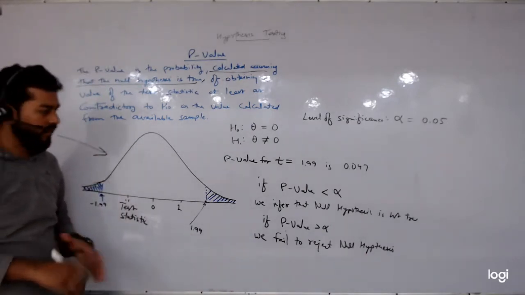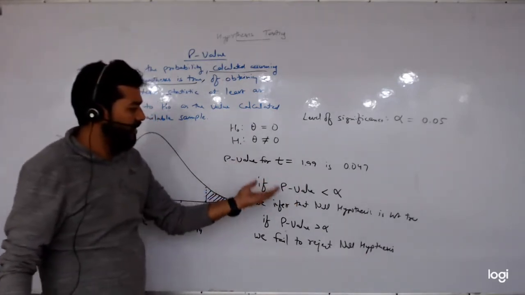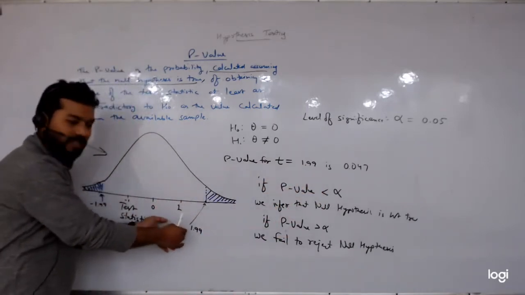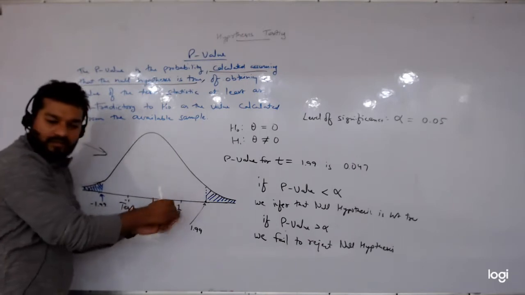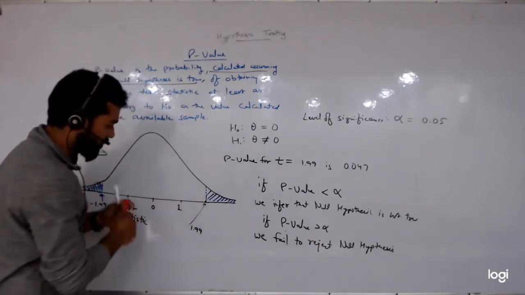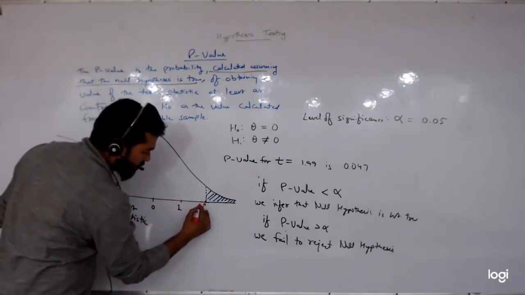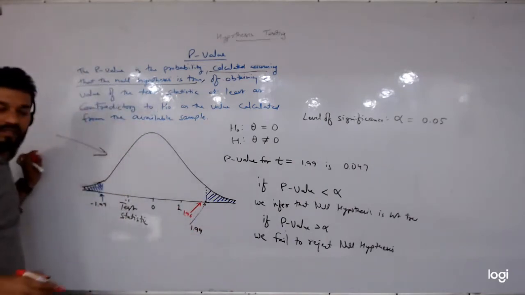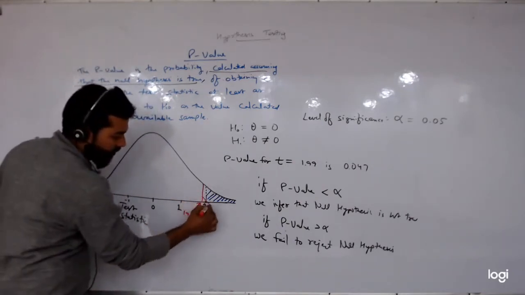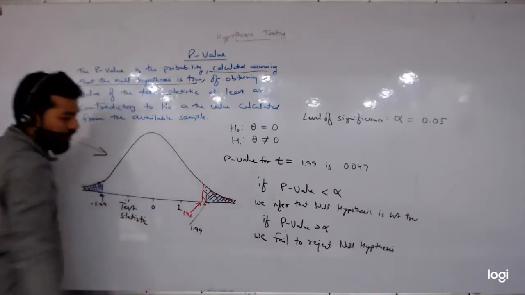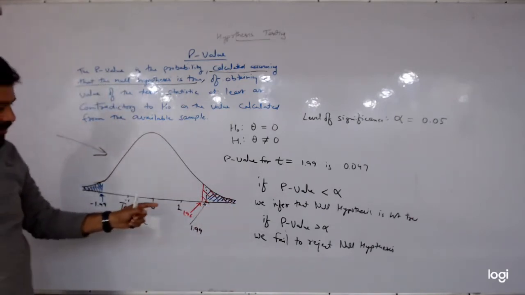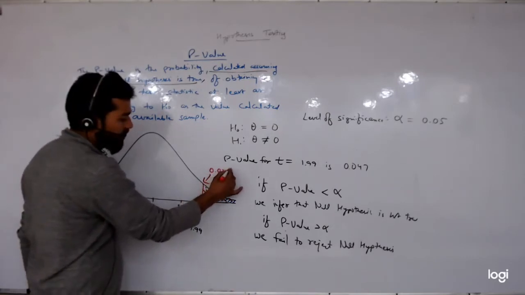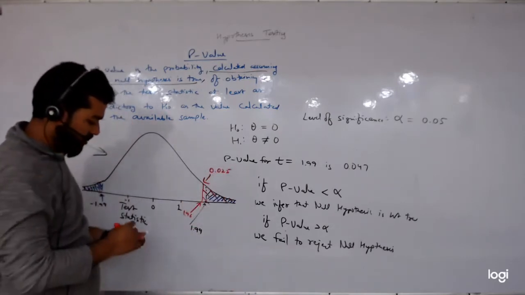Okay, now if p-value is less than alpha, what do we have? We have the critical value to the left. Our critical value was 1.96. The red area should be, the red one should be 0.025. The blue one